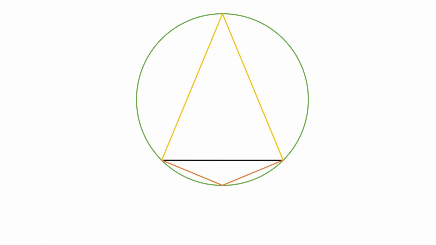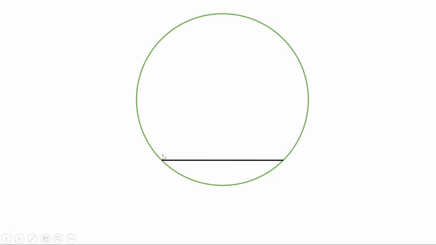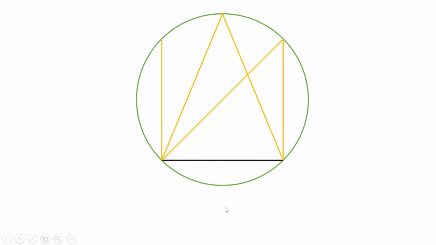When we have drawn the diameter and the ends of a diameter are joined to any point on the top arc, we get a right angle. That means all the angles in the top arc are the same. Now in this figure, are all angles in the top arc the same? That is, when we join the ends of the chord to any point on the top arc like this, are all these angles the same? Let us check.